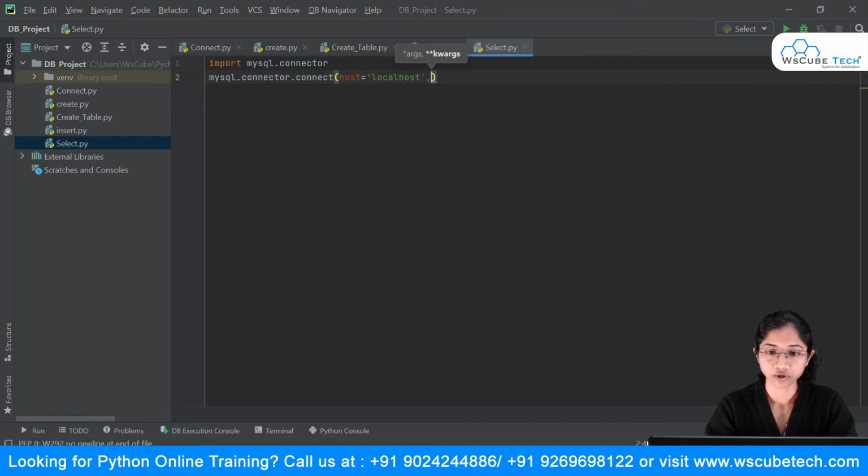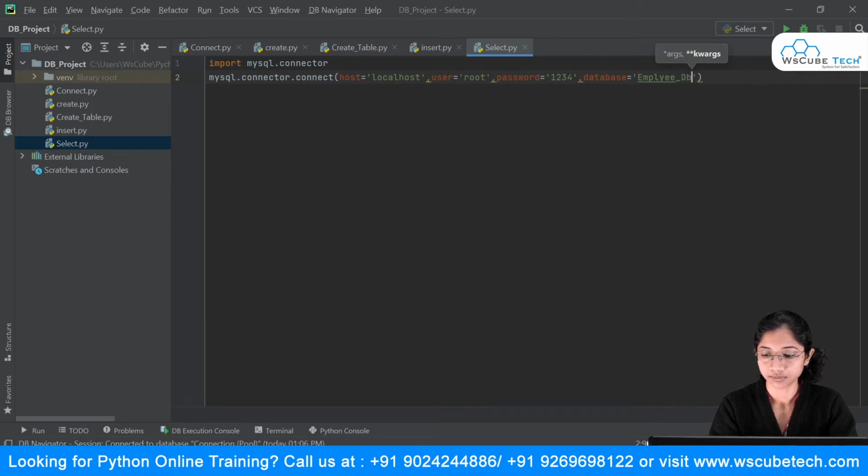Then the next argument we have is the user. So user is nothing but our root. Then we have the password, and we'll type our password over here. So it's 1234. And the last argument that we want to pass is the database, that is, which database you want to connect with. So I will say database, and the database name here is employee_db.